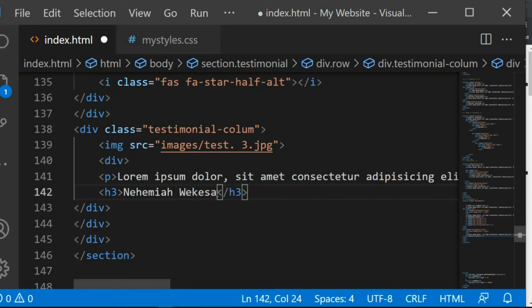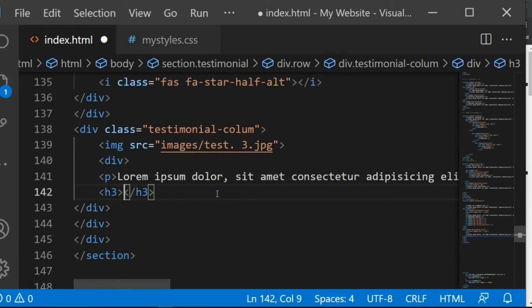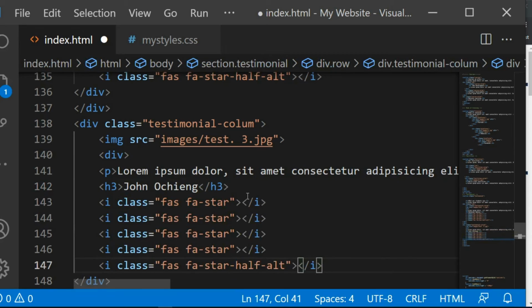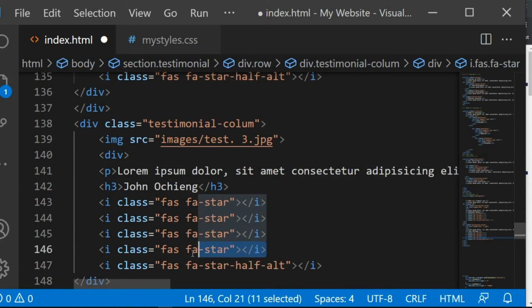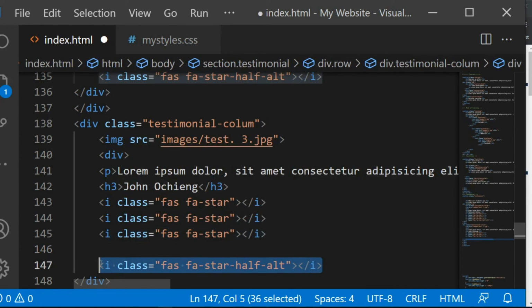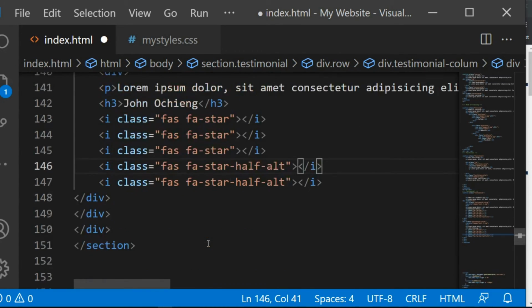First of all, let me change the name here so that the name may not be that. So let me say John Ocheng or whichever name, and then now paste it there on Control plus, and then now let me remove this part and then copy. Let me just copy this one and then paste it there. Click Control plus S to save, and then go to